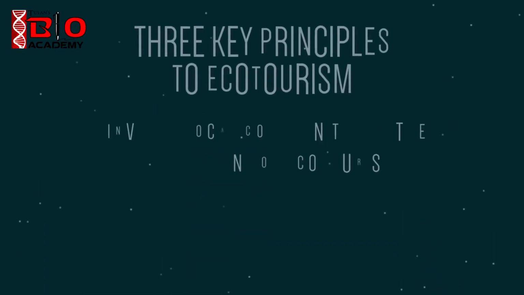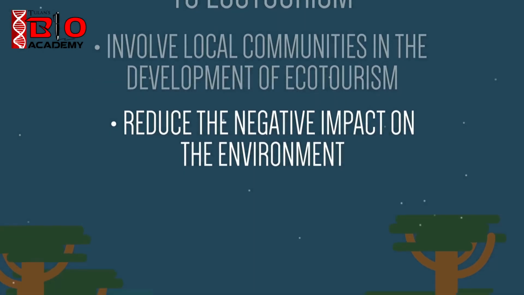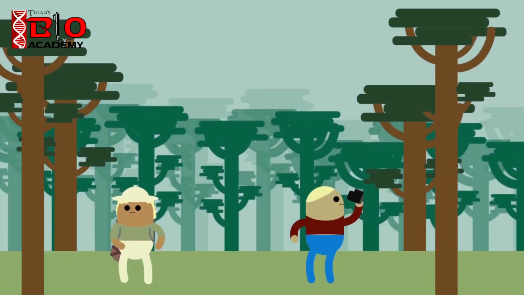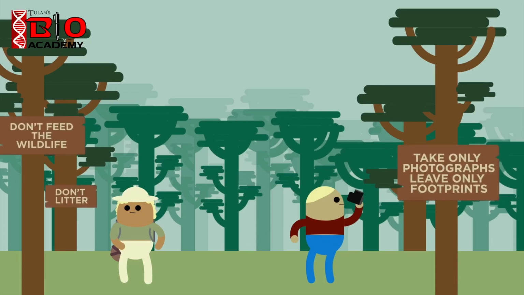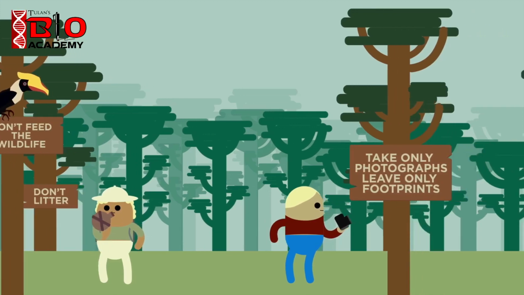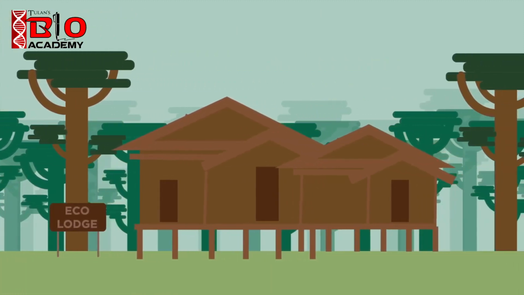The second principle is to reduce the negative impact on the environment. Ecotourism often involves visits to remote and environmentally sensitive natural areas such as forests, dunes or glacial areas. Visitors undertaking these trips should try to make sure that they follow any rules regarding litter and wildlife disturbance, and ensure that personal use of resources such as water is sustainable. Venues that host ecotourism activities, such as hotels and restaurants, should ensure sustainable practices such as using renewable energy and minimising waste.